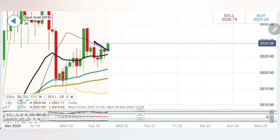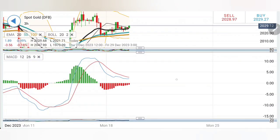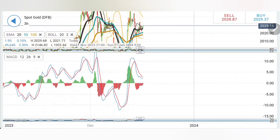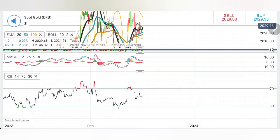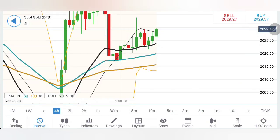Likewise on the 3-hour charts, lower highs, higher lows, now giving a breakout, but still it is getting a greater resistance on the upside. We have to be watchful here. Yes, it is not showing so much bullish strength. However, it is in the reversal or retracement zone. We have to be cautious in this zone. Stochastic rising, MACD is bearish, trying to converge a bit, but it has not yet crossed over. It has still got the bearishness. RSI rising here, and on the 4-hour chart...